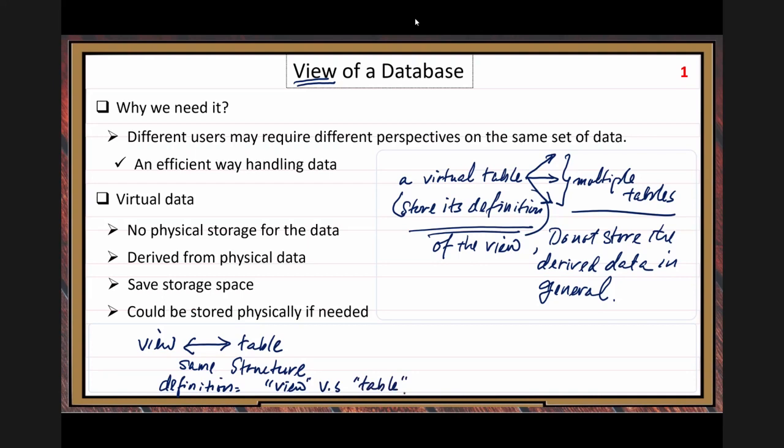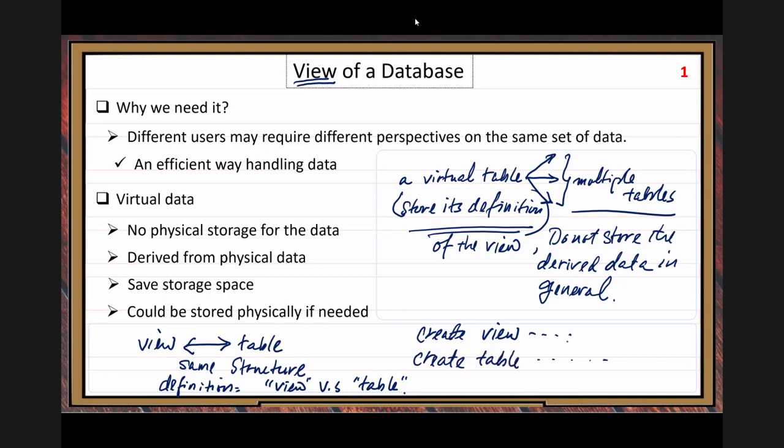For the virtual table, you just write create view something. For a table, you write create table.